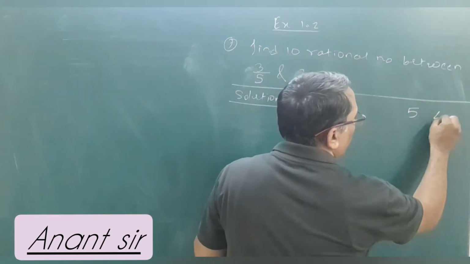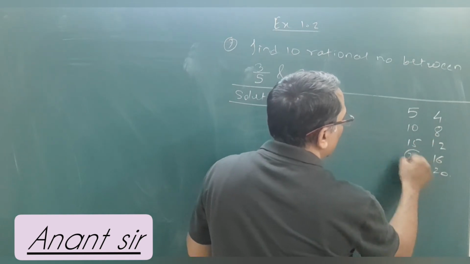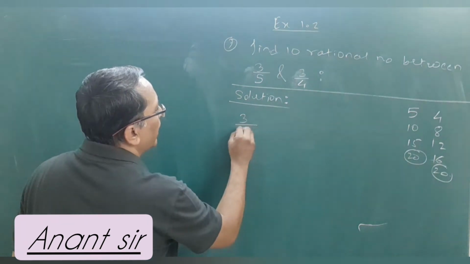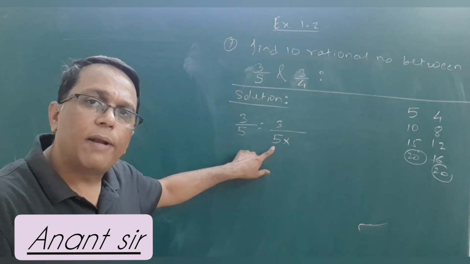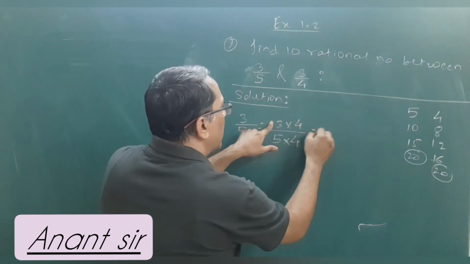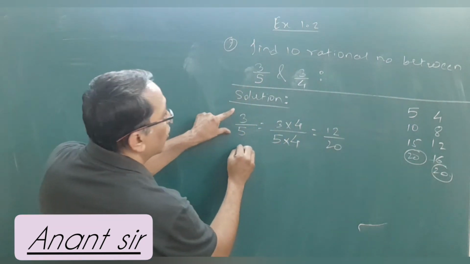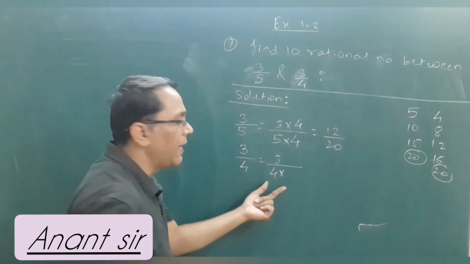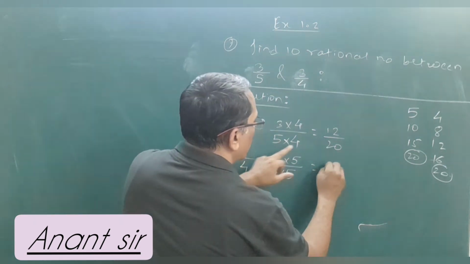If I write the table of both, you will see that 20 is the first number in the table of both. So 20 is the denominator. So I am going to make the denominator 20. So when I try to make the denominator 20 in the first fraction, I have to multiply by 4 in the denominator. So I will multiply the numerator also by 4. So it will become 12 by 20. And for the second one, 3 by 4, when I go to make the denominator 20 here, I multiply by 5. So I multiply the numerator also by 5. So it's 15 by 20.